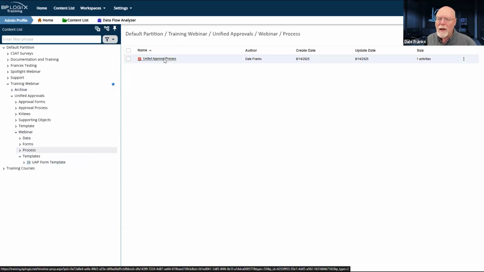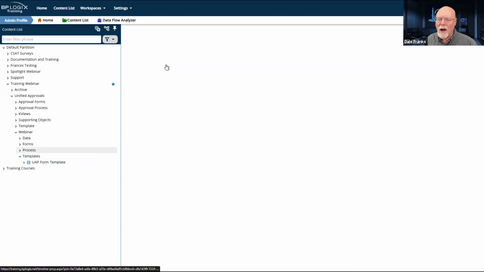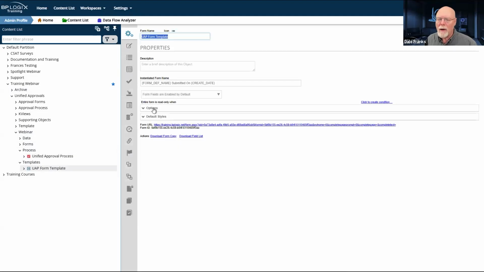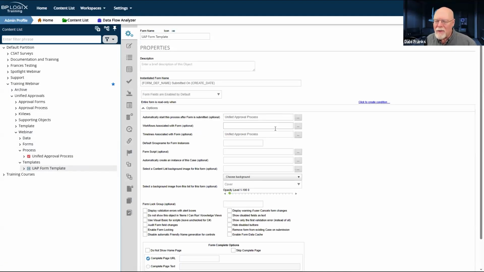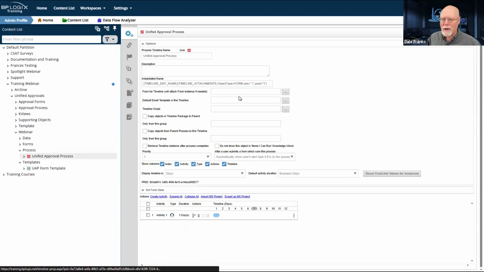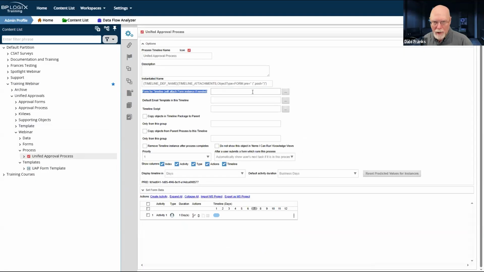There is one thing I need, and I did create the timeline last week simply to hook it up to the form. So on the form options, even the form itself, there's nothing different about the form from the way we would normally build one. But for the process itself, there are some differences. The primary difference is that we are not going to specify a form for the timeline. This timeline is going to be form independent.